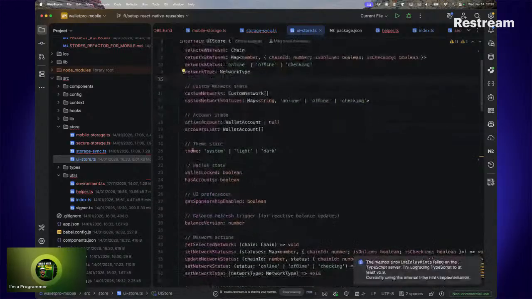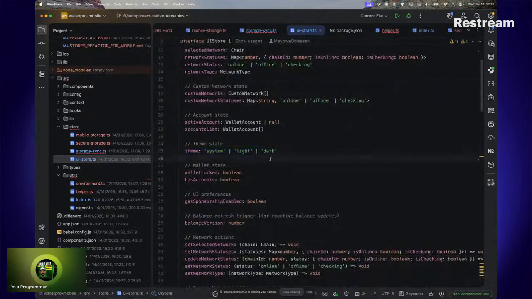No need for that. So this is for the theme state so that even if you close the app and come back, we know that everything we set is preserved. The settings,